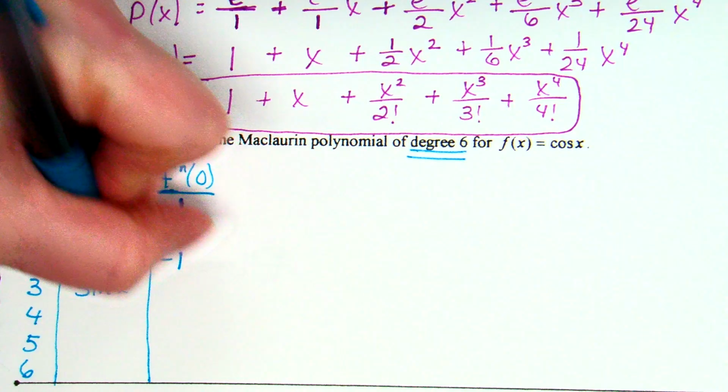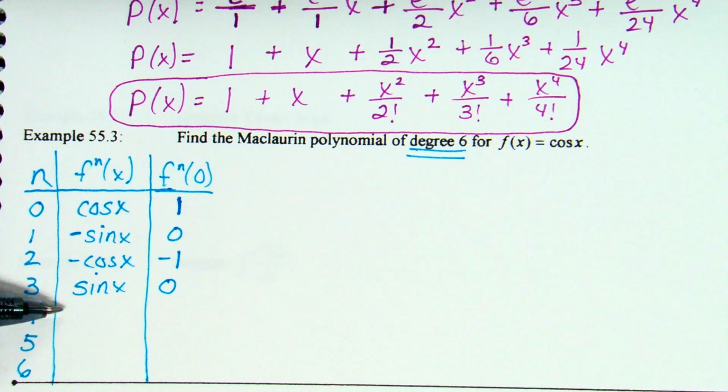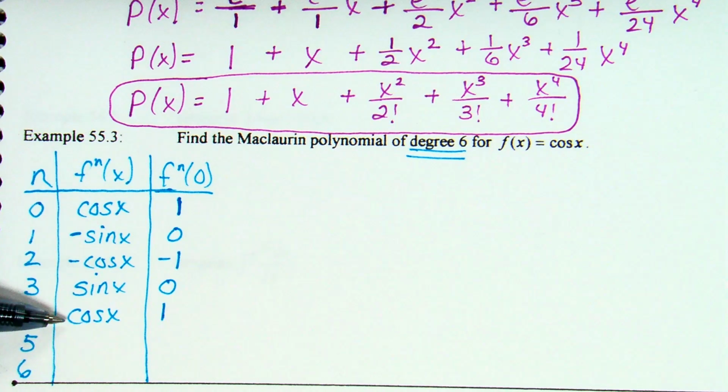Now they asked for degree 6, so we stop there. Do you see the pattern if you kept going? It's the even powers, and the signs alternate. So you can keep writing this infinitely. Okay? In homework, I do not believe they necessarily tell you what degree to go to. If they don't tell you a degree to go to, I want to say maybe 4 is a good number. You can do 6. I mean,